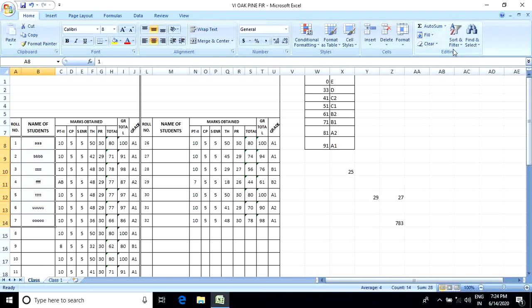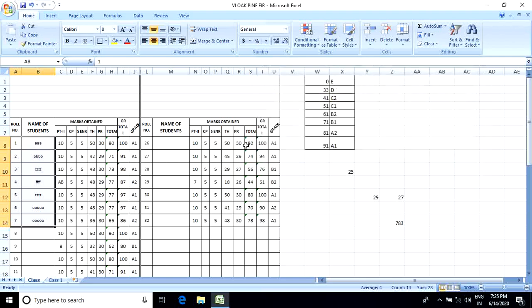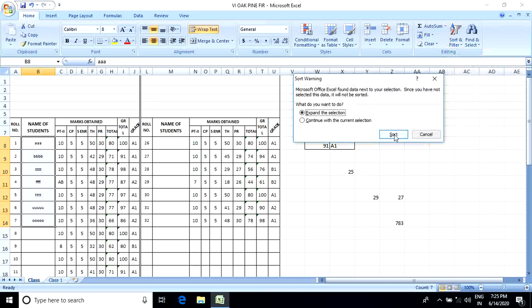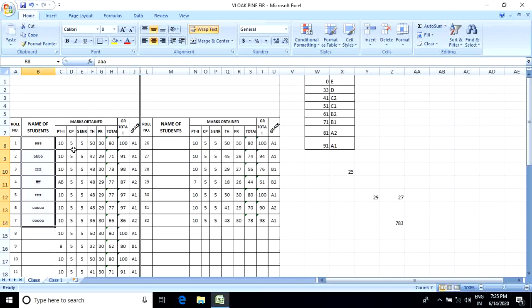You can use custom sort here, by values, smallest to largest, largest to smallest, fill color, A to Z or Z to A.